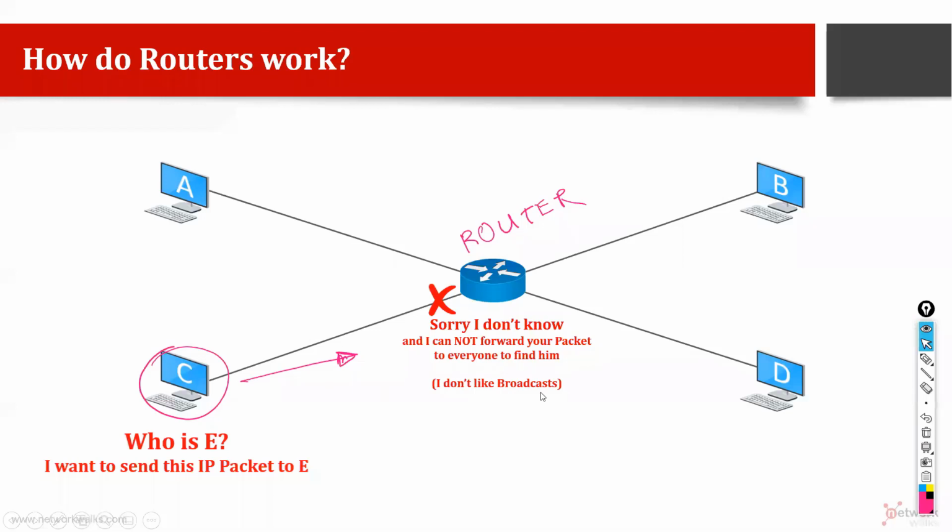If it was a switch, what was going to happen? Switch would have forwarded to everyone, so to everyone on the network. If there are 100 devices, it will forward to all 100 devices. So this is the difference between a switch and a router. Router works on layer 3 with IP addresses and switch works on layer 2 with MAC addresses. IP address is a number and MAC address is also a number which is assigned to the devices. So this is the difference.